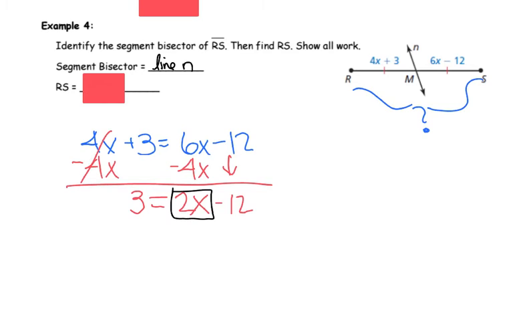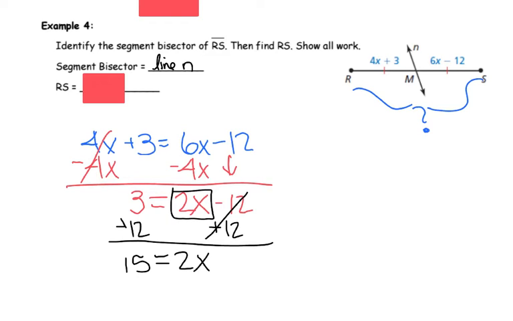All right, now we're solving for x. Box around my variable. We cancel that negative 12 by adding 12. 3 plus 12 is 15 equals 2x because those canceled out. We're going to divide both sides by 2, and we get that x equals 15 over 2, which we can't reduce, but in this case, because we're going to have to substitute that in, I'm going to put my answer down as a decimal. I'm going to totally accept that, okay? So we're going to say x is 7.5. So 15 divided by 2